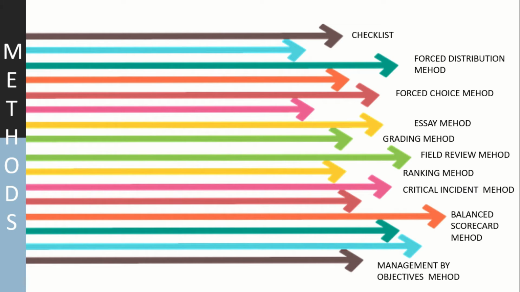The forced choice method is there, the grading method, where you start grading an employee on a rating scale. The field review method is there. There is the ranking method, wherein you provide good ranking to a set of people and bad ranking to another set of people, so just a black and white kind of situation. There is also the critical incident method, the balanced scorecard method, and the most followed method of organizations these days,